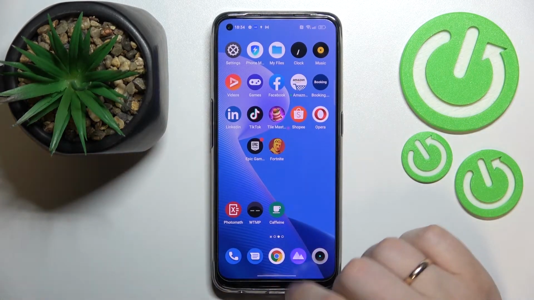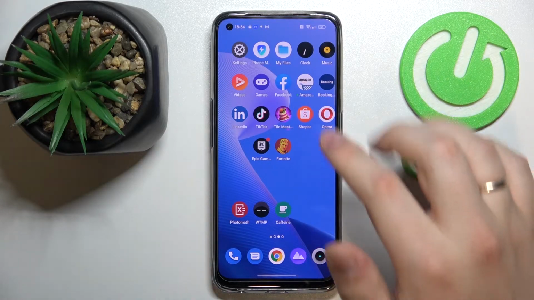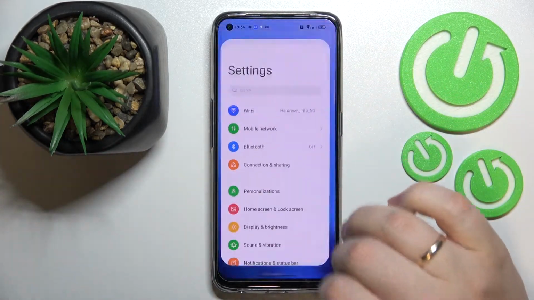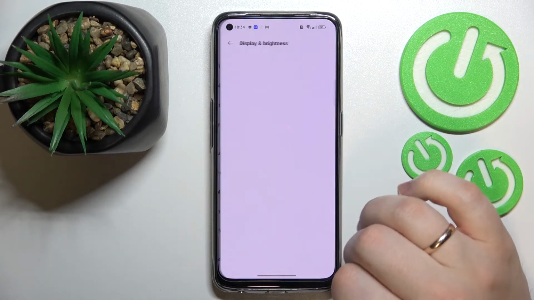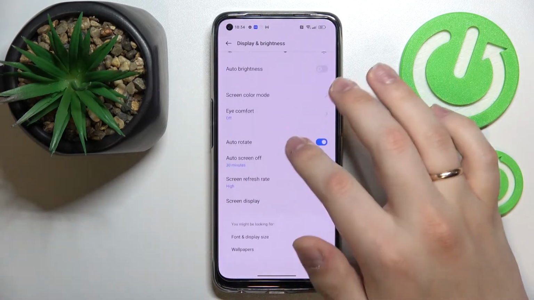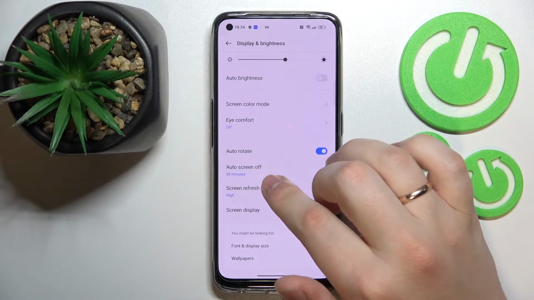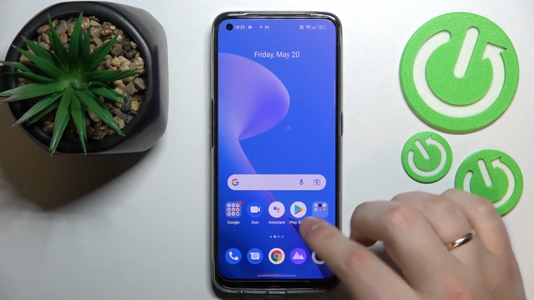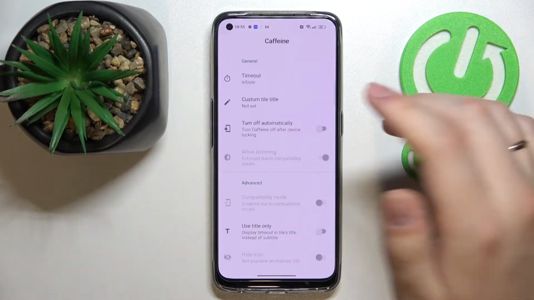And the final app that we would like to share with you in this video is called Caffeine. And prior to showing what this application is capable of, let me go to the settings and the display and brightness category. In here you'll see that the maximum value that we can set as per the auto screen off section is 30 minutes. So basically this app solves this issue and lets you set bigger values, or even